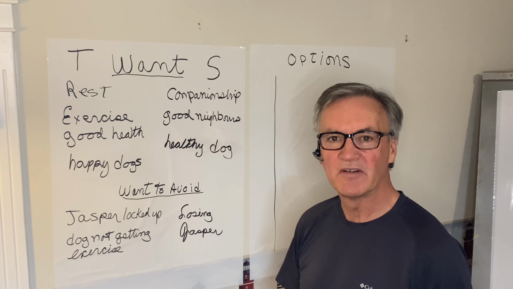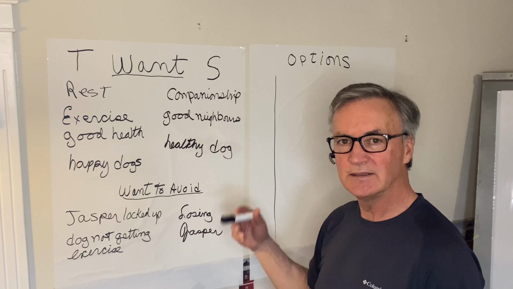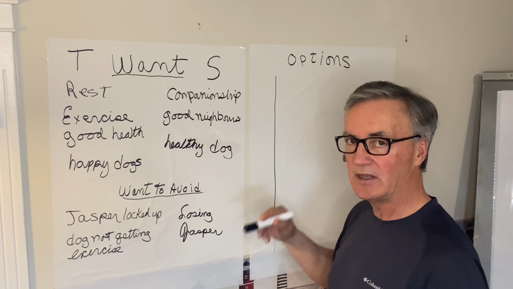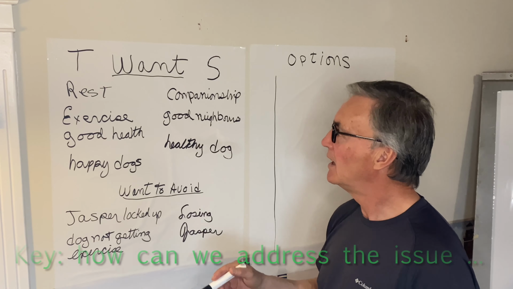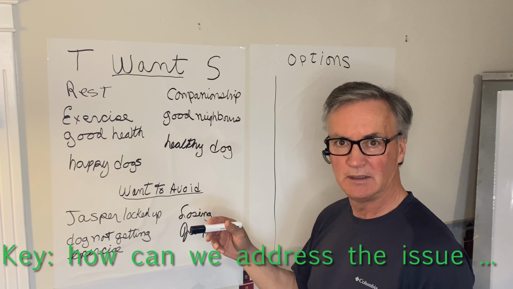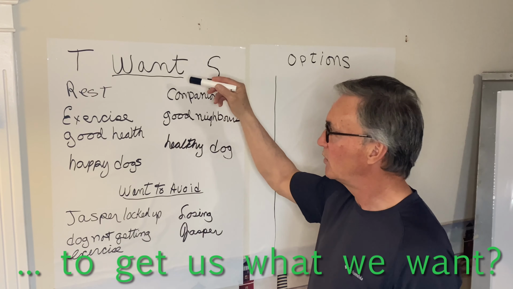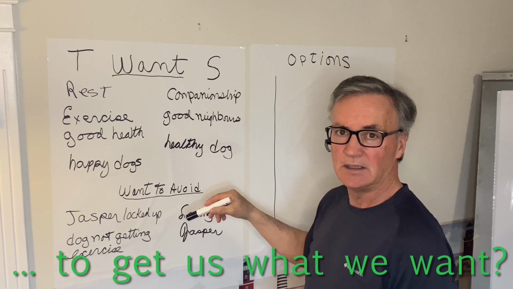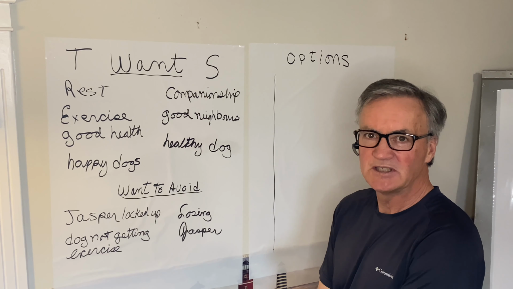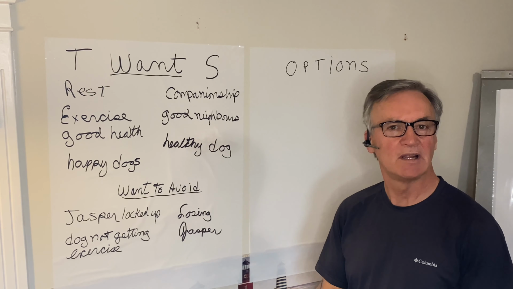As you'll recall from the overview clip, part of the logic of the collaborative model is that brainstorming is a matter of asking this question and then answering it with the options generated. So, how can we address the issue that we described in step 3 in a way that gets us what we said we wanted and wanted to avoid in step 4? If Ted and Stella were to have asked themselves that question, and they did, what did they come up with? They come up with several ideas.